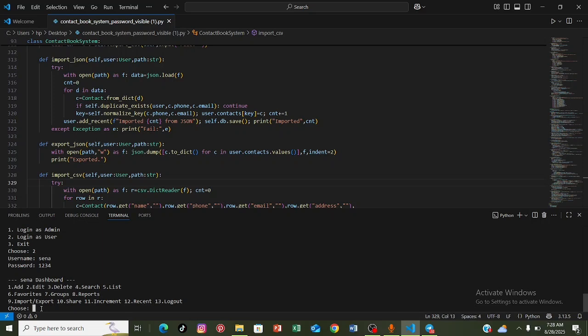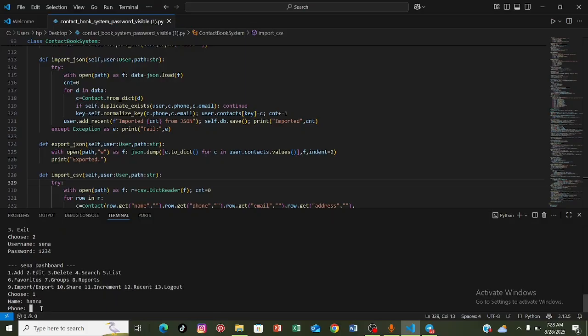Let me add someone. I want to add Hana, my partner, and then I want to add her phone number, and I will just add